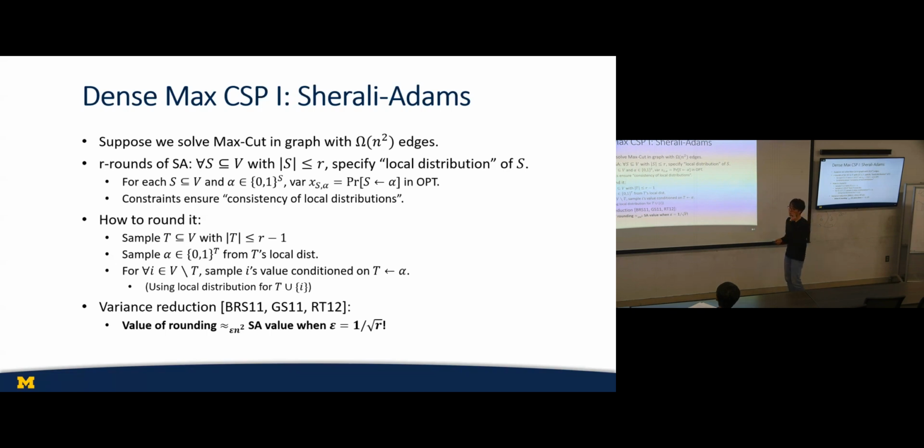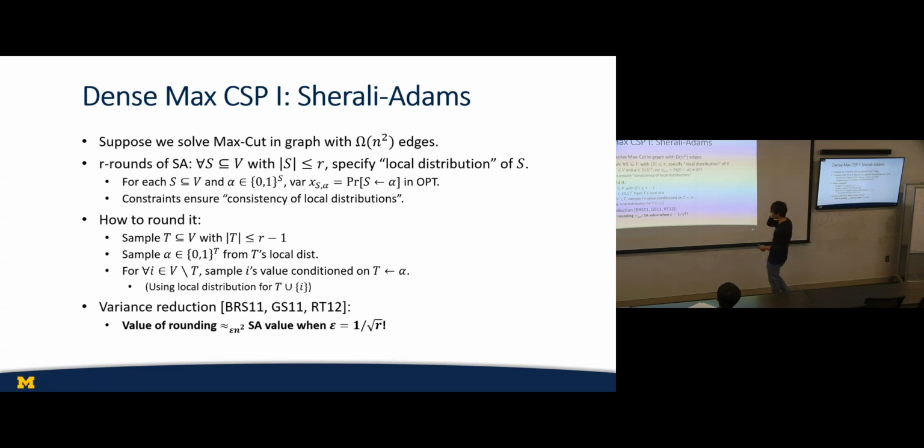Yes. Can I ask something kind of naive about this that I never understand? If R is just a really large constant, and all I'm doing is conditioning on where I'm placing like 100 of my vertices, why should I expect that independently rounding all the other vertices, only conditioning on like 100 vertices, should give me basically